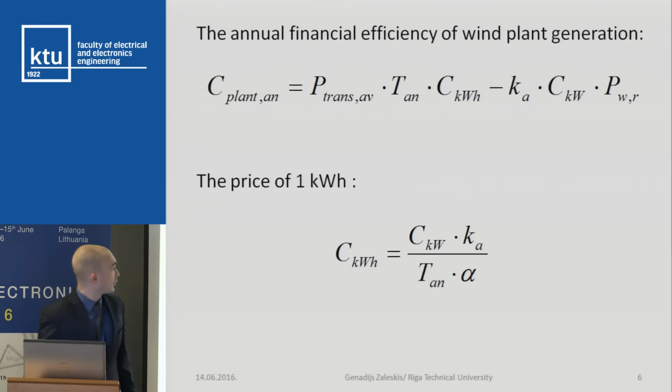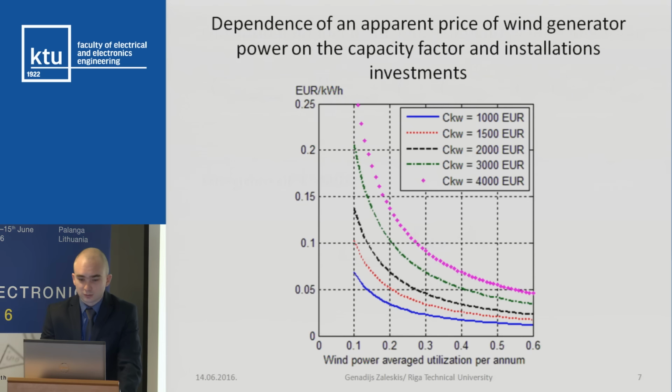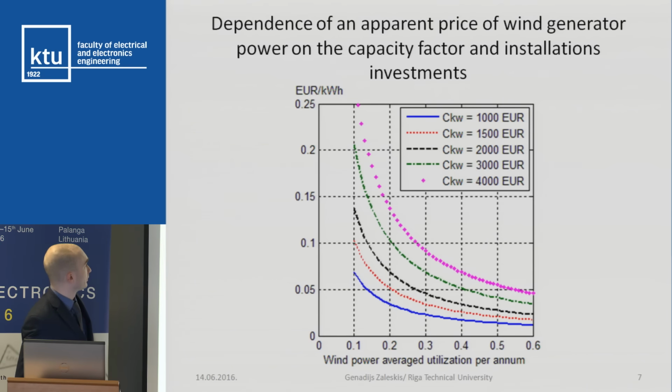So the price of 1 kilowatt hour. There are outcomes for installation, coefficients, and capacity factor. So globally, the dependence of an apparent price of wind generator power on the capacity factor and installation price is here. So it's very simple,